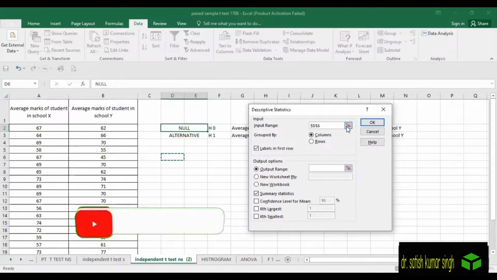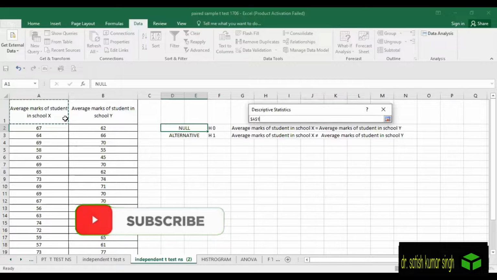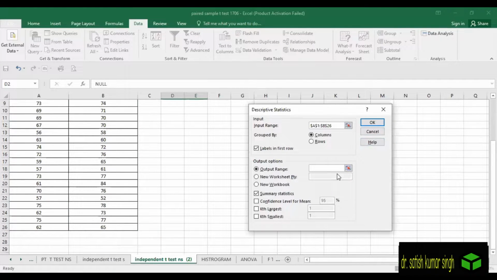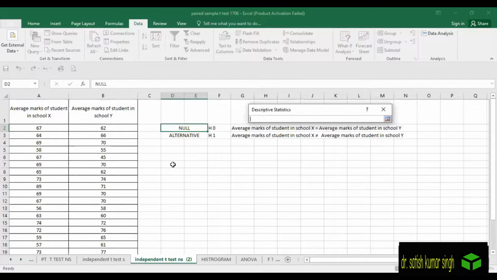Just you see here some change has been made, so again select the data. Data is selected now. Just click on OK. Now just click on the output box.